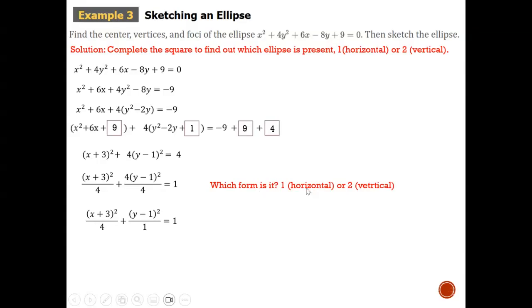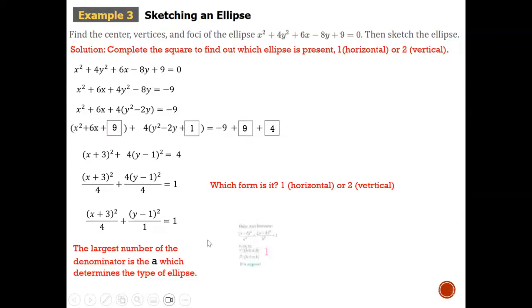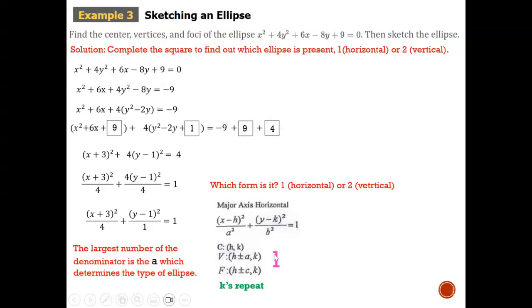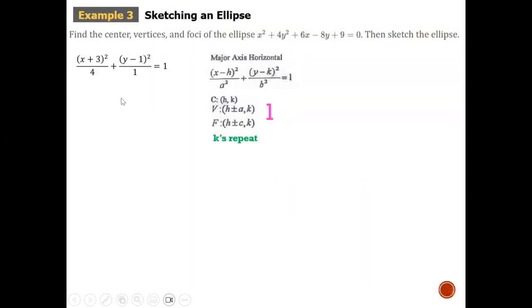So from this form, which one is it, 1 or 2? If you notice, the bigger denominator is on the x, underneath the x. That means it's going to be number 1. Right? That's 1, that's 2, so it's going to be number 1. Now, since I don't have any more space, I'm going to go to our next slide and start where